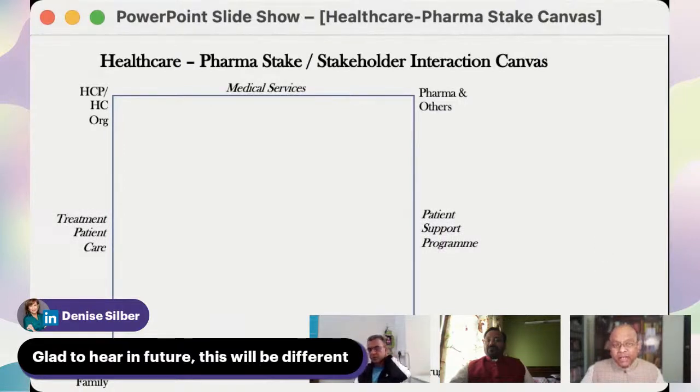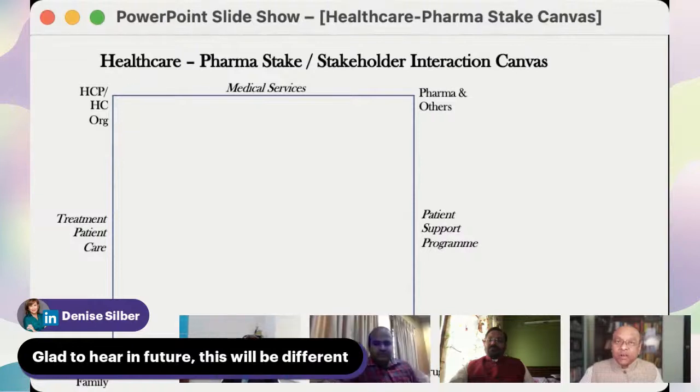And there are some touch points, broadly speaking, value offerings through which they are interconnected. Pharma connects with healthcare professionals through different medical services. Healthcare professionals offer patient care and treatment to the patient. The patient uses the drug, and many times the pharmaceutical company engages with the patient through a patient support program. Why have I put this point? Because these are the areas of broader interaction in the healthcare and pharmaceutical industry.